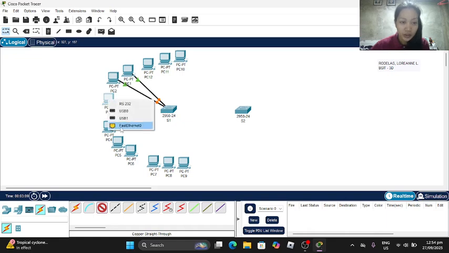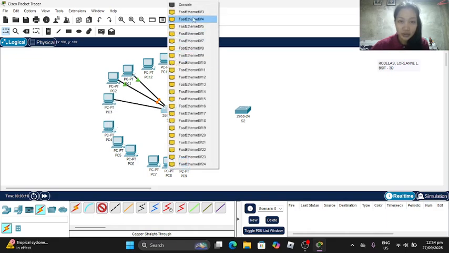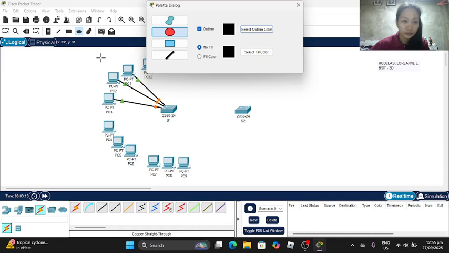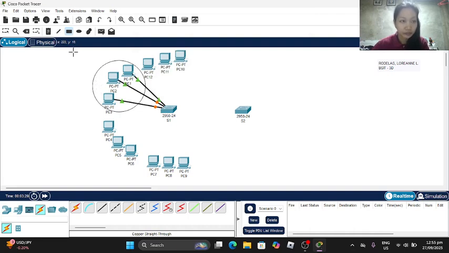PC1 on Ethernet 1, PC2 on Ethernet 2, PC3 on Ethernet 3. This would be VLAN 1.